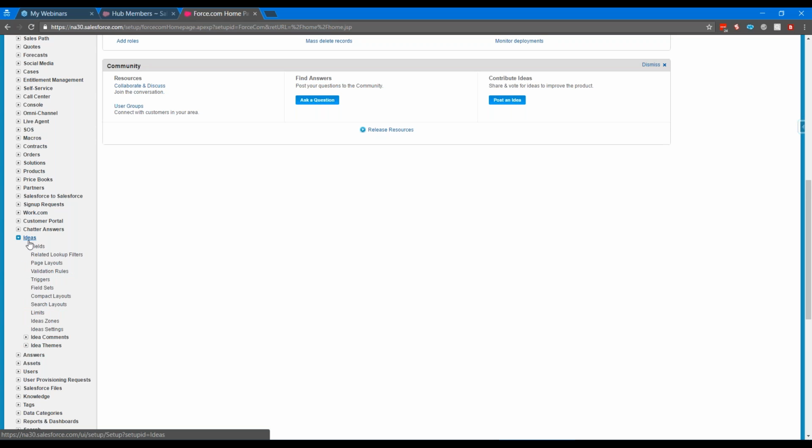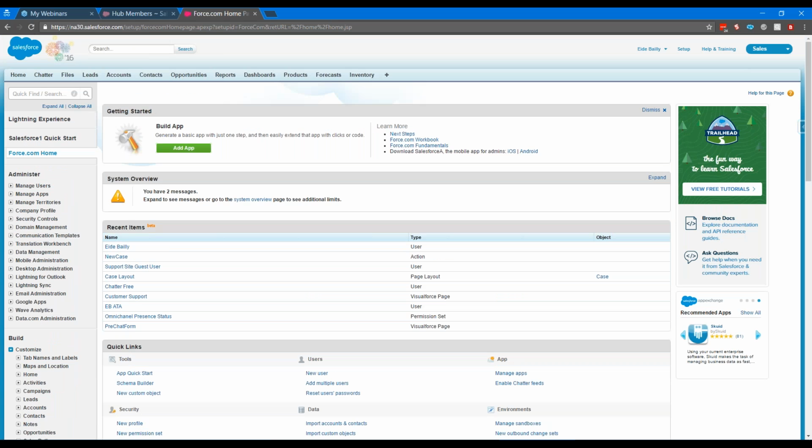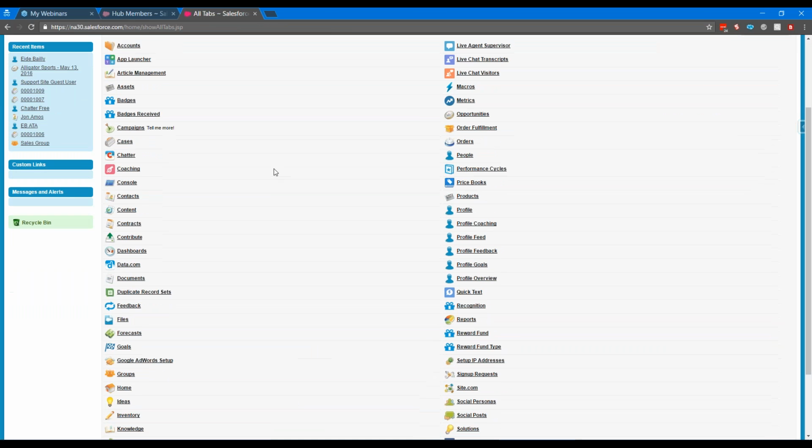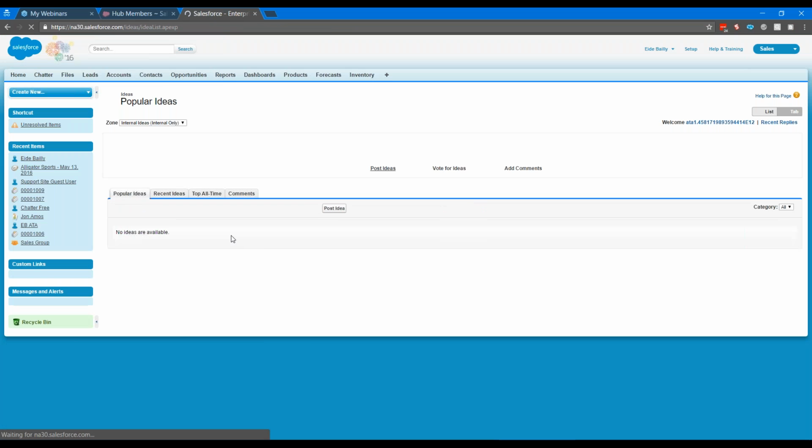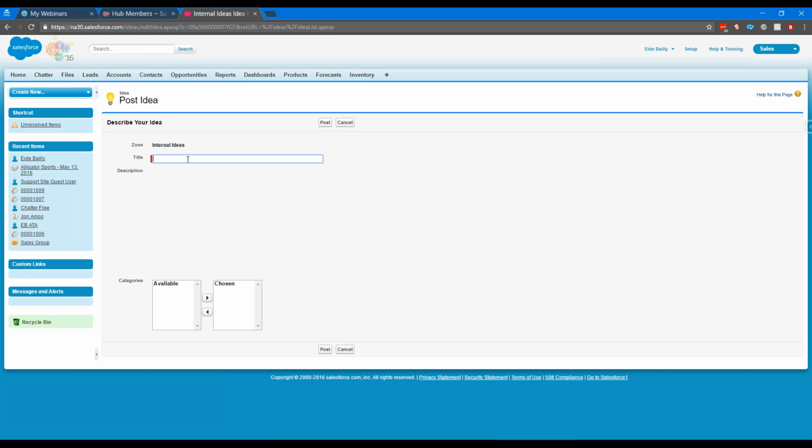It's a great way to turn on a simple feature where now your users can provide enhancements to your system, ideas to you, and you can control it and monitor it and step through and watch the progress of what's going on. So it can really help you with change management of managing your Salesforce org, getting that feedback from your users on what they want to use and what they want the system to do for them. And it shows up just like a tab of anything else. So if we go in here, we'll find the Ideas tab,